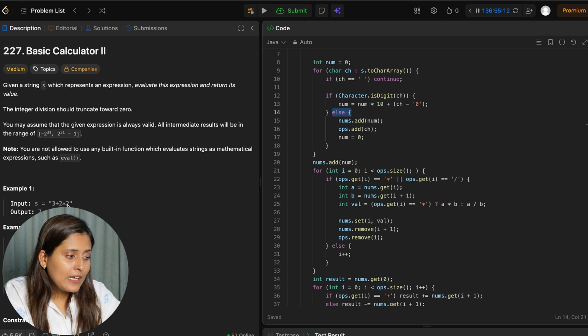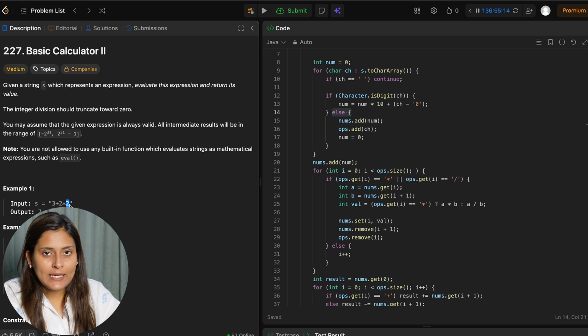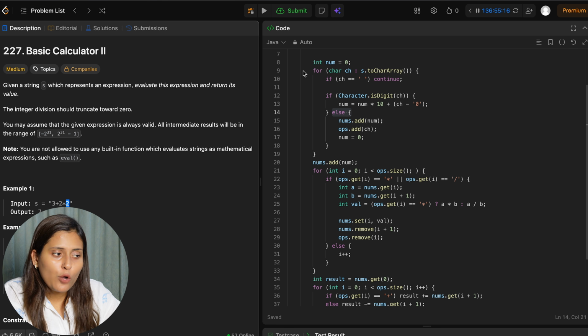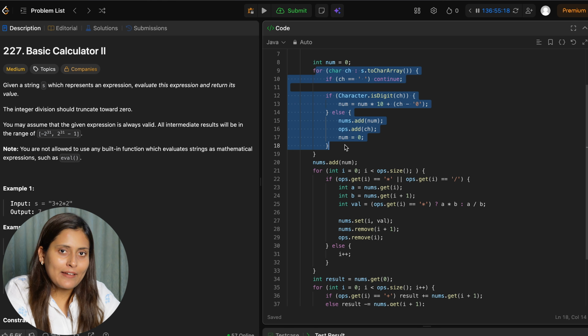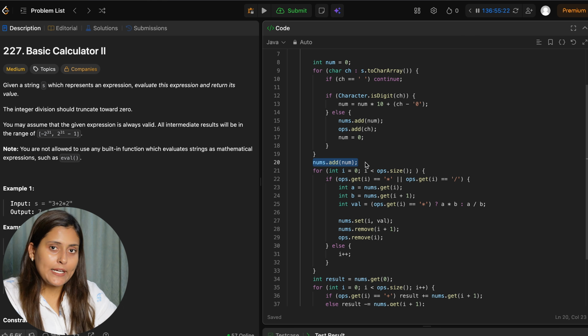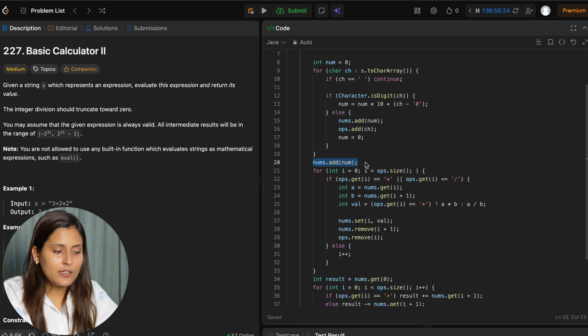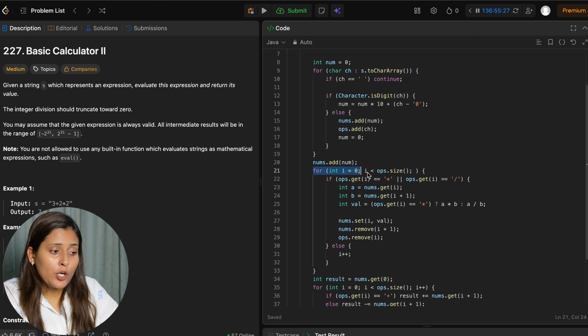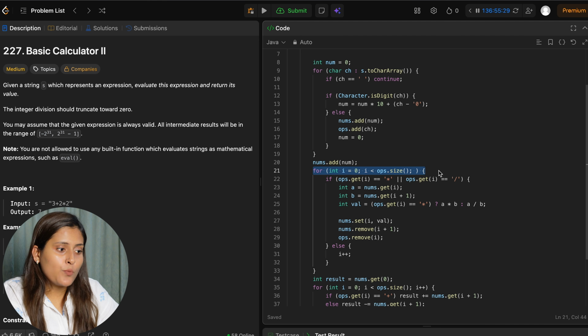But for the end element, which is 2, we have not found any operator and we have come out of the for loop, so that is still pending, right? That's why after coming out of this for loop we have to write, hey, last num, please add in the nums array. Now we will run the for loop,